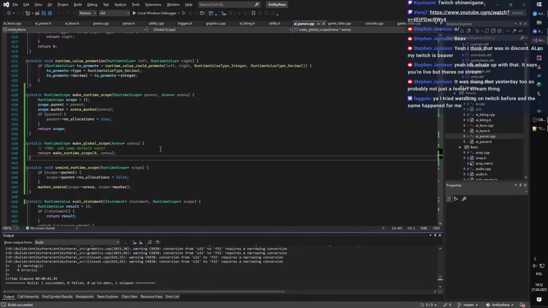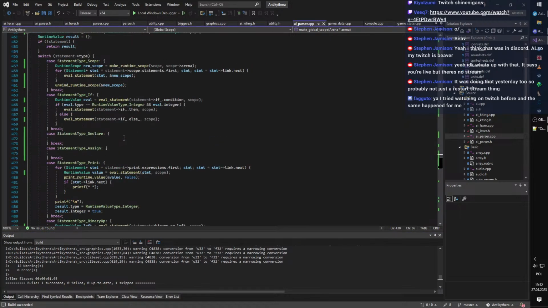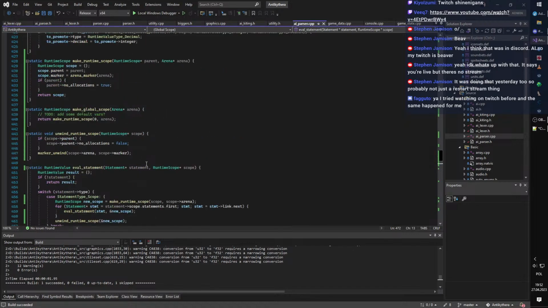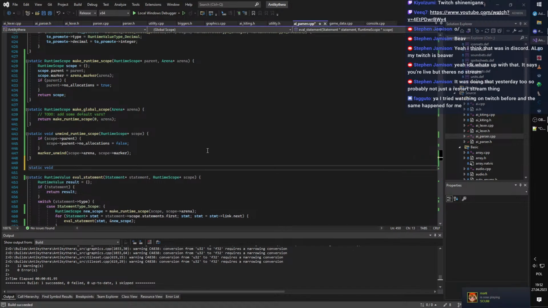And the language could have a feature that allows that, but structurally, that shouldn't be possible as of right now. So, okay. And now what we can do with scopes is we could do static void get variable runtime scope